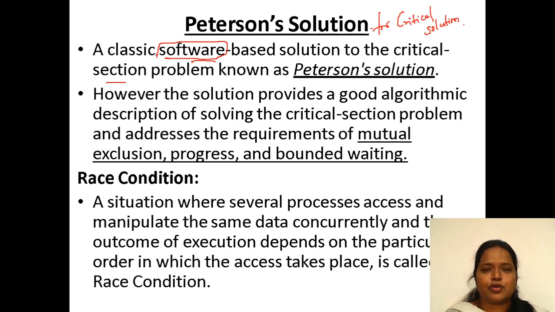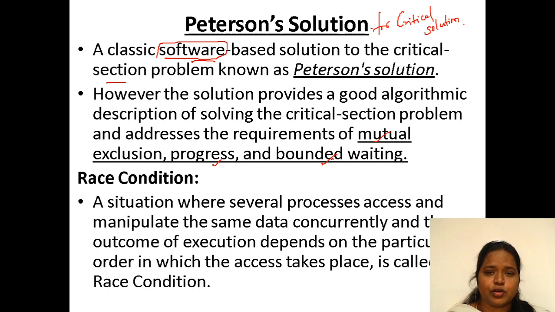Why? Because software is nothing but a set of instructions. So we write a set of instructions in order to execute only one process in the critical section. As we are writing instructions, we say it is a software based solution, which is known as the Peterson solution. The solution provides a good algorithmic description of solving the critical section problem and addresses the requirements of mutual exclusion, progress, and bounded waiting.